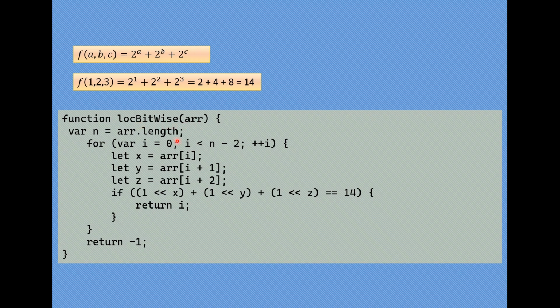And we are doing the same thing, except that the condition is changed. So we are 1 left shifting by x plus 1 left shifting by y plus 1 left shifting by z. If this is equal to 14, then we are returning that location. Otherwise, if the entire array has been processed, we are returning minus 1. So this is the final program, and this is how you should approach